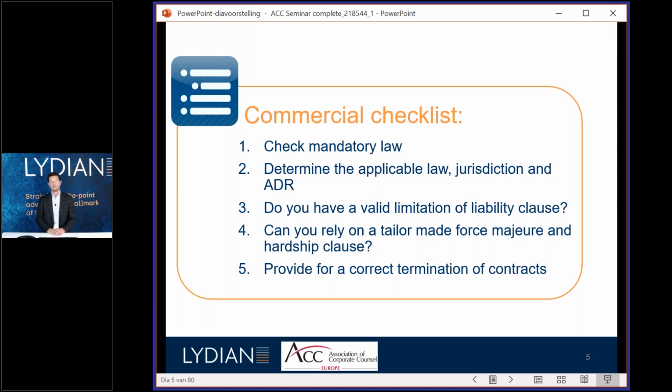to check beforehand whether there's a mandatory law, because it makes no sense to stipulate or to review an agreement if a mandatory law will apply, which you will also have to take into account no matter what. But then the second point is to determine the applicable law, because the applicable law will also be very important. You have to start with that before negotiating or drafting an agreement, and take that into account. Although in most kinds of agreements it's at the end of the agreement, you should start with that.